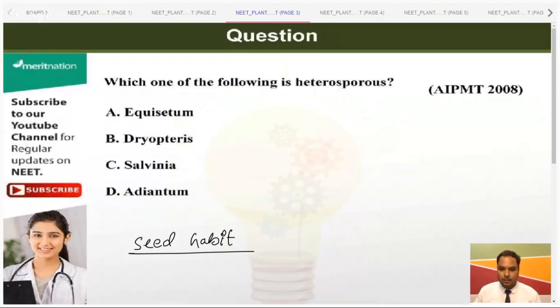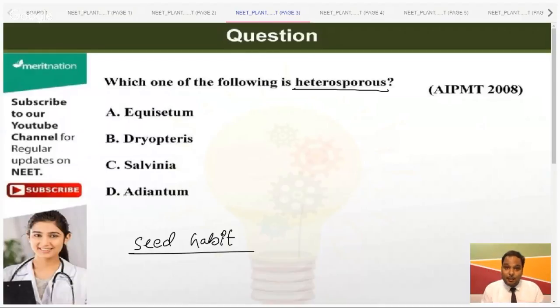If you see bryophytes, they have the same type of spore, and that's why they are called homosporous. So when the spores germinate, they form a gametophyte. Right, everyone, you agree with me? In pteridophytes, they form two different kinds of spores. Not very different. What's the difference? They are morphologically different. Some are smaller and another is bigger. That you called microspore and megaspore.